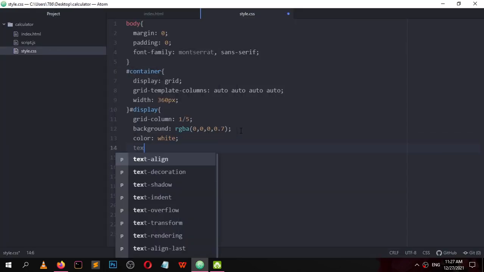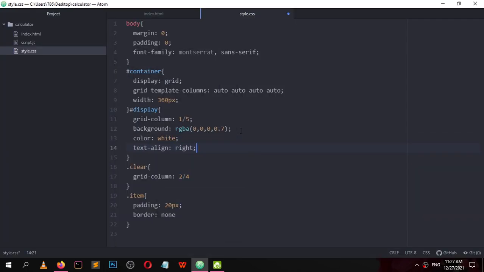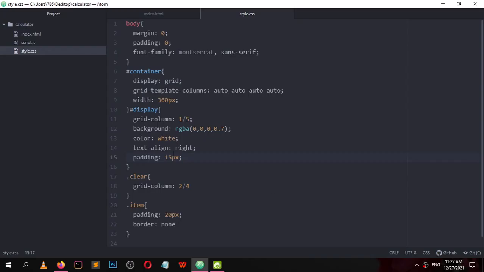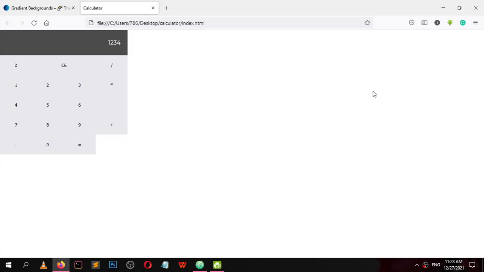Text align should be right, and display should have a padding of 15 px. Now it looks good. Or do it 10 px top and bottom and 20 px left and right. Okay.